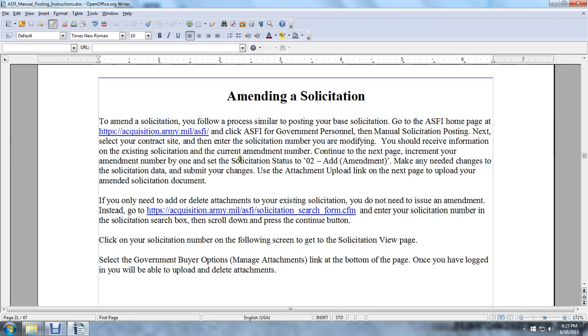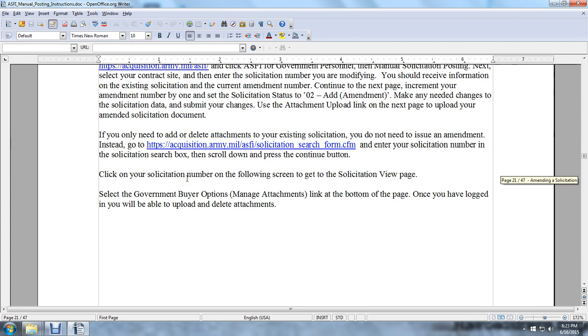Amendment number 1. Set the solicitation status as 02, meaning you added an amendment. Make any new changes to the solicitation data. Submit your changes, and use the attachment upload on the next page to upload your amendment solicitation document. If you need to add or delete attachments to existing solicitations, you do not need to issue an amendment. Instead, go to